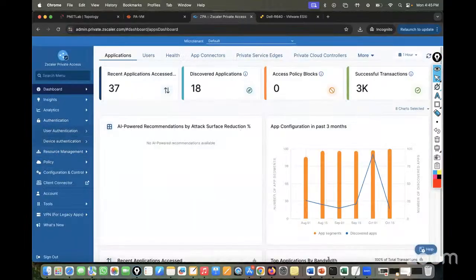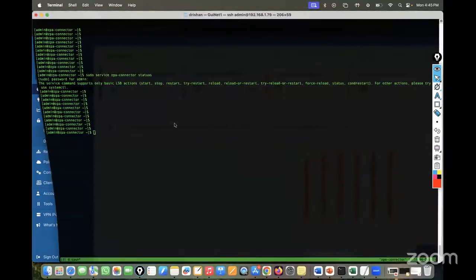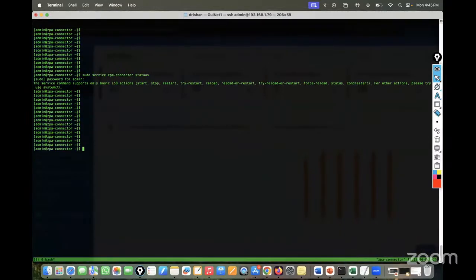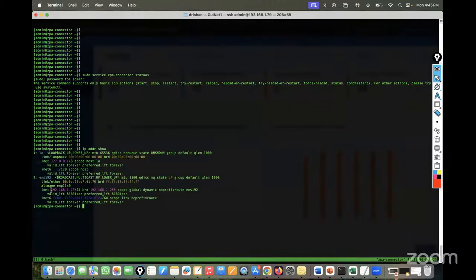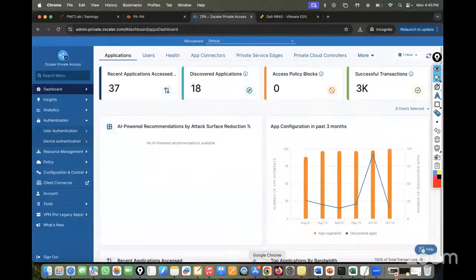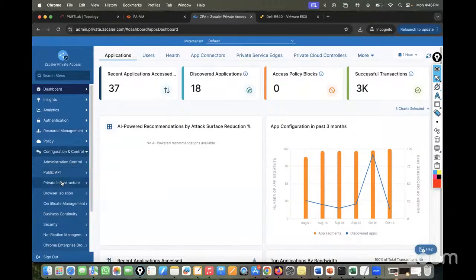So what is my IP address? If I want to show the IP address of the ZPA connector, I'll go here and run the command ip address show. This command is going to work, and it shows the 79 IP address. And if I go on my ZPA portal and you want to see my private infrastructure deployment, let me show you. If I go in the